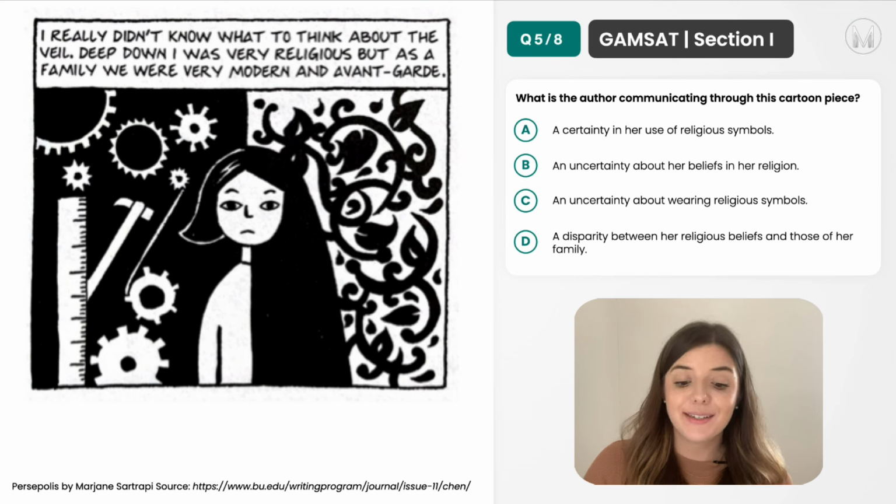So moving on to the solutions for question 5. Again, I'm going to take a moment and just have a look at the cartoon. I see first of all there's some text: "I really didn't know what to think about the veil. Deep down I was very religious, but as a family we were very modern and avant-garde." So I know this is to do with religious symbols, it's to do with her own religion and her family's views. I then look at the picture and I see that there is a girl in focus in the very